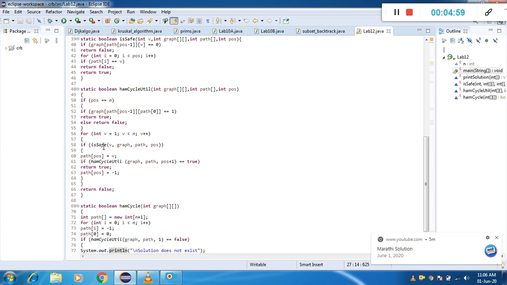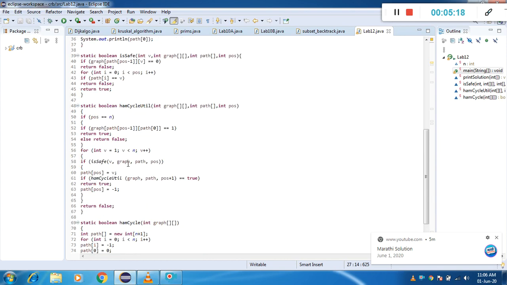That is to identify whether the path is safe or not, that is isSafe with graph, path and position. If path[position] is equal to v, then if hamiltonianCycleUtil with graph, path, position + 1 is equal to true, then you have to return true, otherwise reset the position to -1.